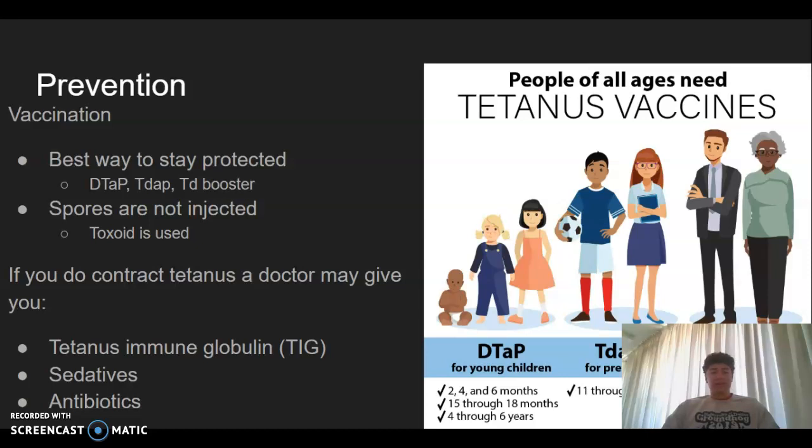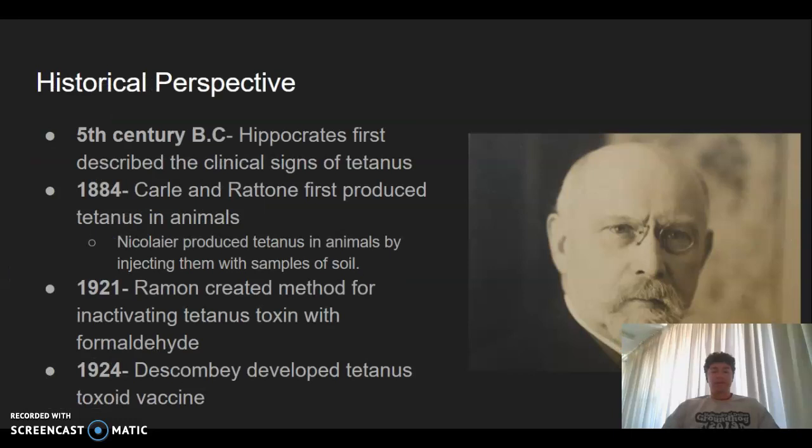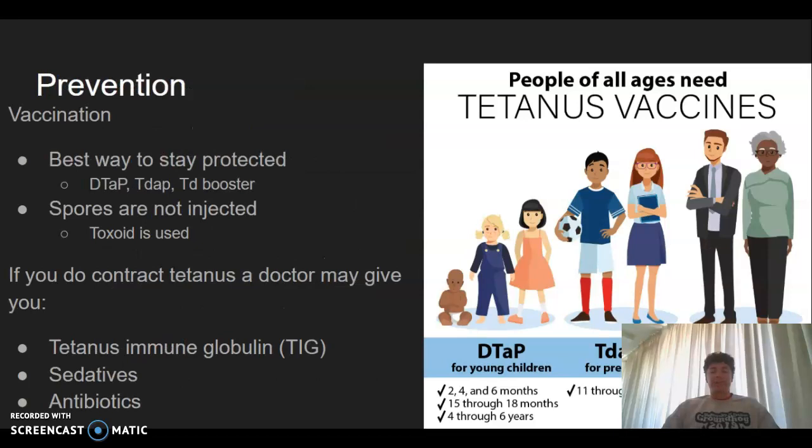And the way the vaccine works, the spores, the cells themselves, are not actually injected into the human, but the toxoid is used, which is what Ramon created the method for, inactivating that toxin to create the toxoid. And that is what's used. So the toxoid is basically inactivated tetanospasmin that the body is then able to build up memory B cells against. If you do contract tetanus, a doctor may give you tetanus immune globulin, TIG,